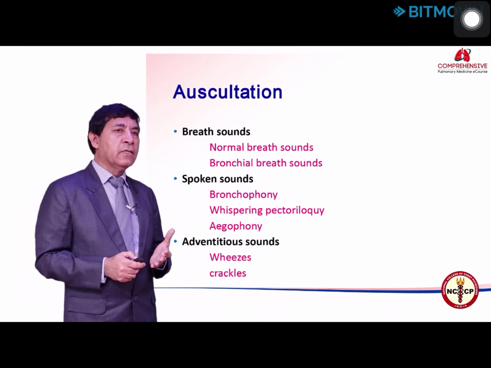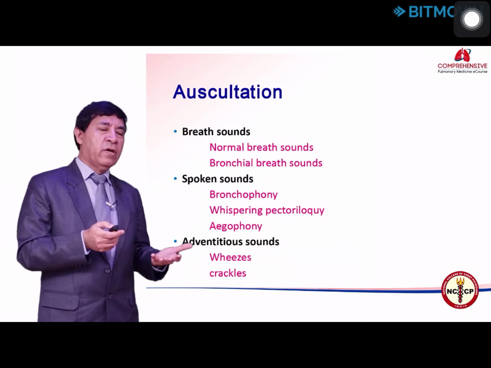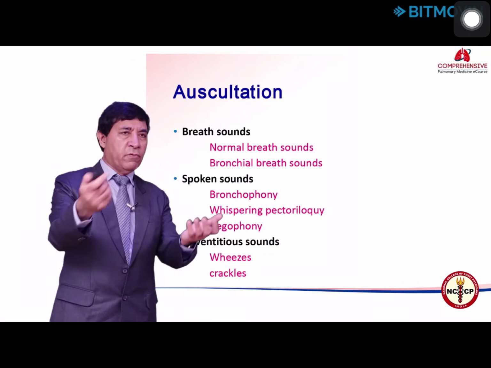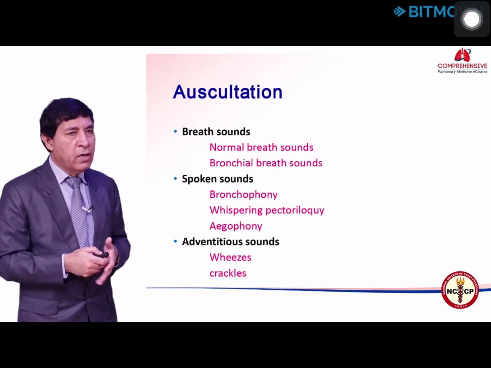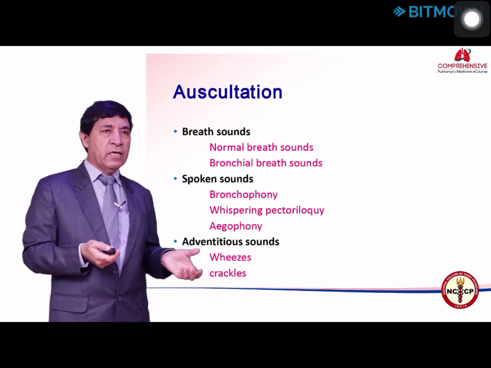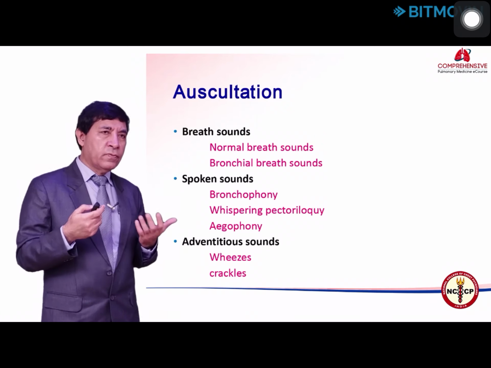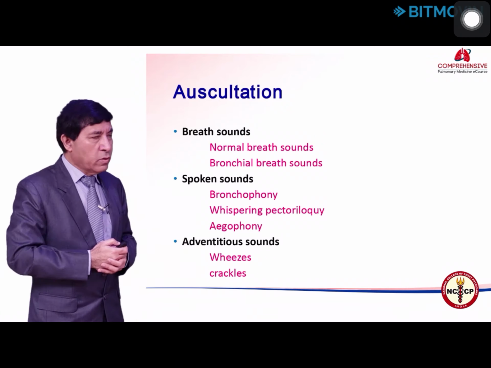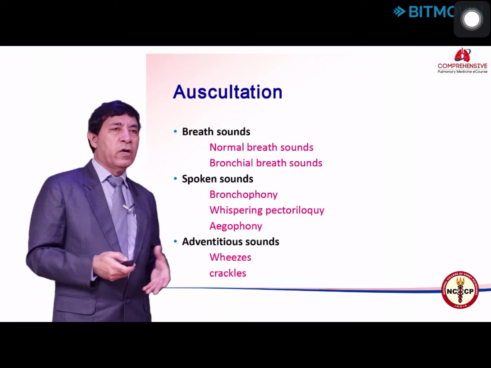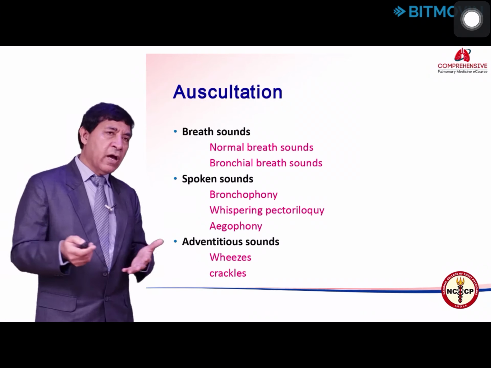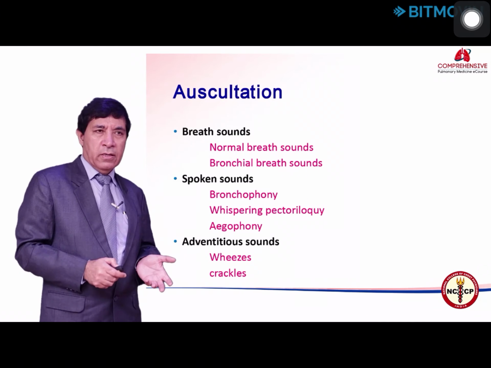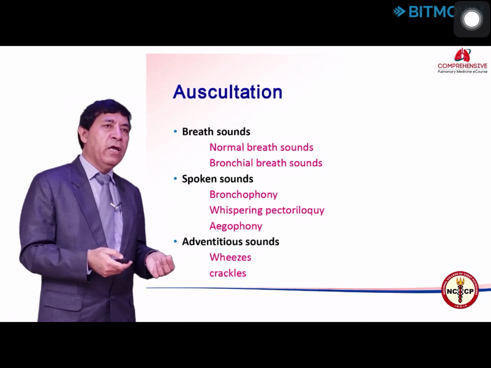Under normal circumstances, as I mentioned to you, when the sound travels across the chest wall, it undergoes filtration and attenuation. So all the frequencies higher than 400 are filtered and attenuated. So you will not be able to hear the sound on the chest wall if somebody is speaking, because of significant loss of both first and second formant. When a patient has a pathological condition in the lung, like consolidation or mass lesion, which allows the high frequency components of the sound to pass through, then you will be able to hear these patients' speech very clearly on the chest wall.